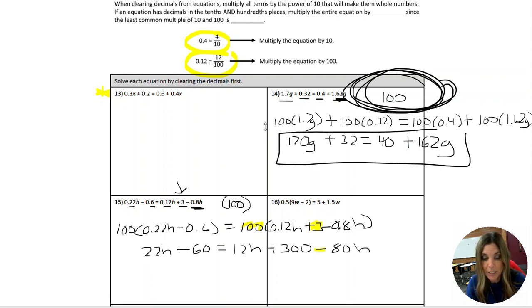The first few questions have you find the least common multiple, and then the next set of equations have you clear the fractions first, and then I actually do want you to solve. So I want you to clear the fractions, find the solution, and then you're going to do that for fractions, and then the next set of problems you solve by clearing the decimals first. And then once you're done with those, I want you to bring them back to me so I can check them off